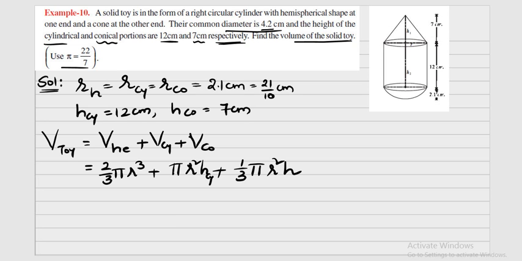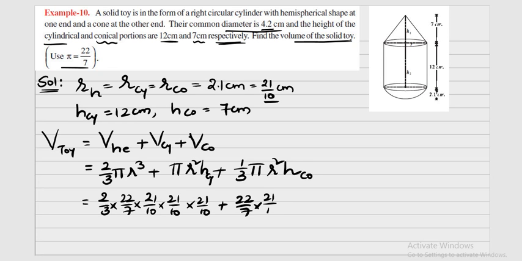So here these are nothing but cylinders. This is a cone, and the remaining radii are all the same, right? So from this, what can I take common? Directly writing the values: 2/3 into 22/7 into the radius. The radius of all of these is 21/10, no? So 21/10 into 21/10 into 21/10 plus here 22/7 into radius again 21/10 into